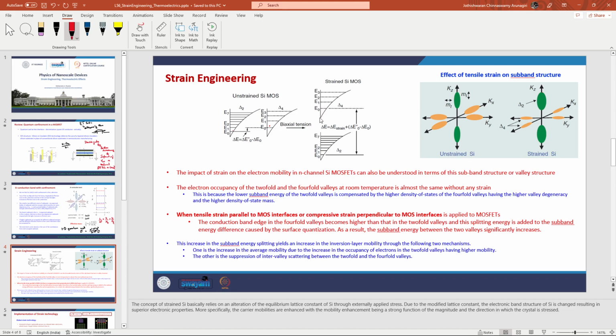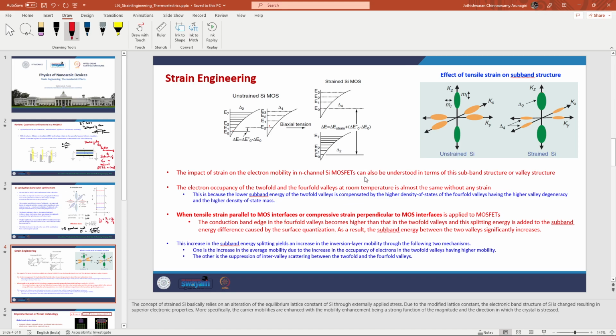So these are the discrete energy levels in the confined channel. So yes, we can call them ladders. So the strained ladders will have obviously a different spacing compared to the unstrained ladders. So the first thing that will happen is, now there are new energy levels that are introduced that can be occupied by the electrons,